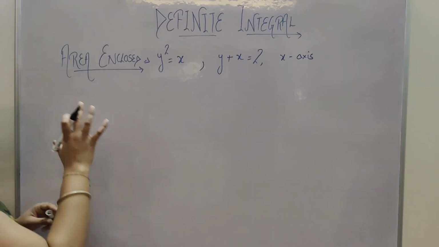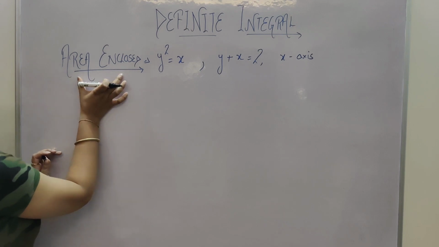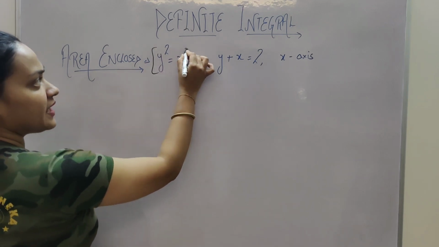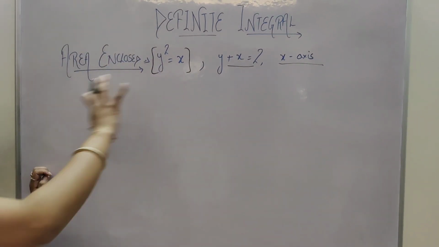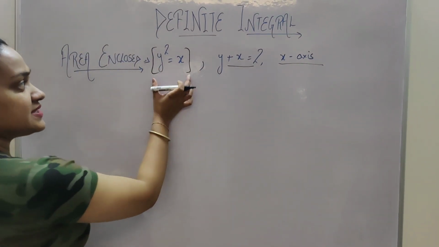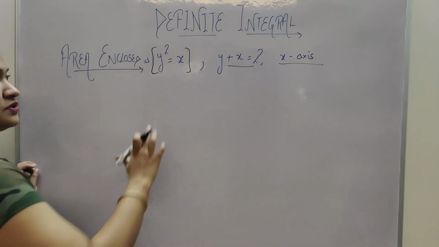So students, this is your next question, where it is given that we have to calculate area enclosed between this parabola, line and the x-axis. This is the required information given to us. If this is a parabola and a line, we have to calculate first the intersecting point between parabola and a line,